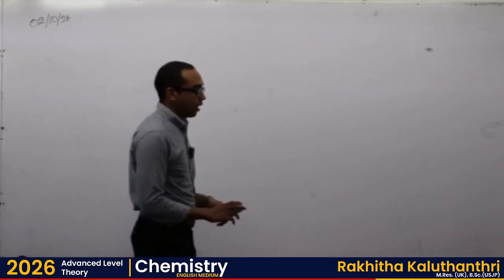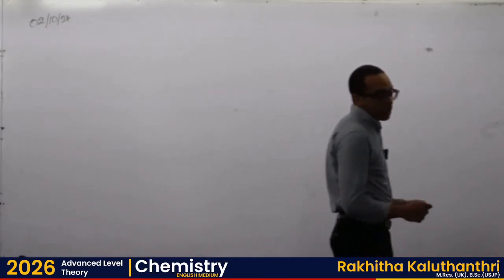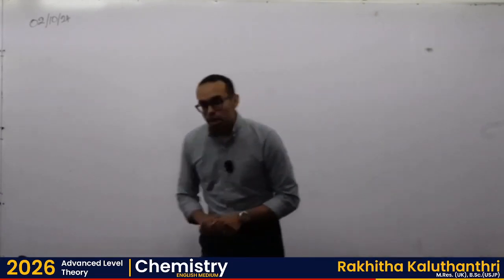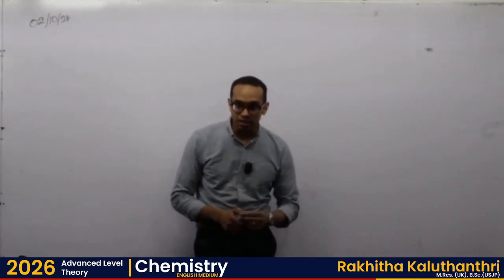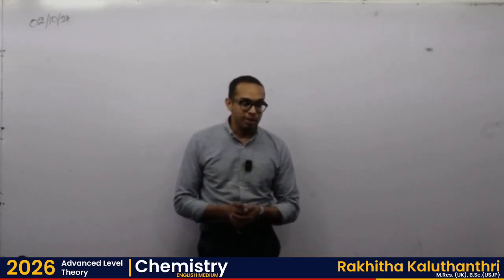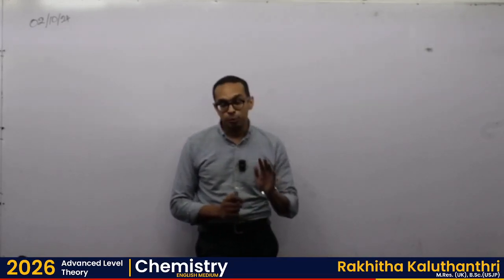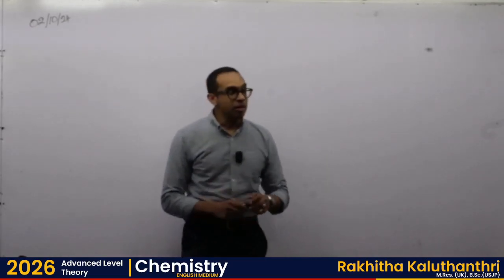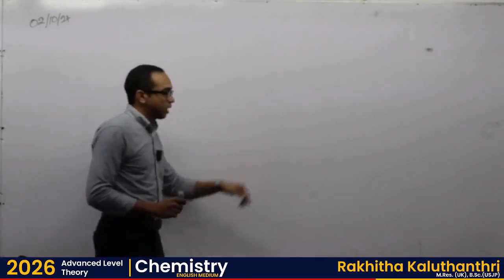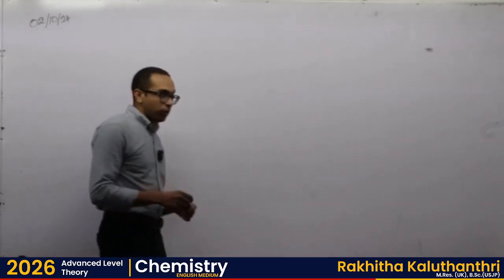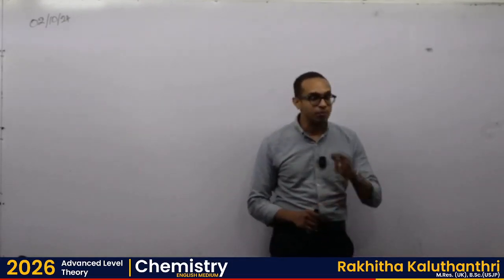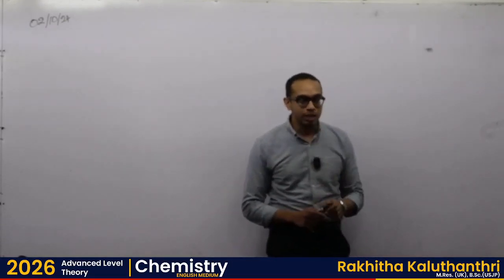So the topic today is resonance structures. A resonance structure is, when it comes to certain molecules, we can have more than one Lewis structure for that. So at that point, we call them resonance structures. Such a simple thing. Now, for example, if you take something like ozone,